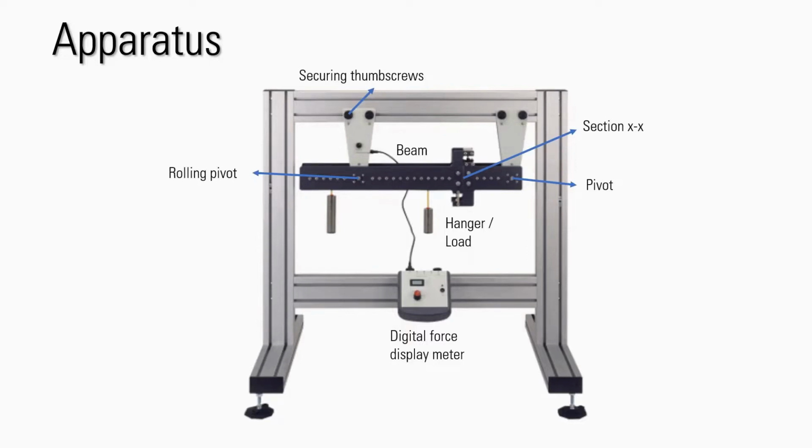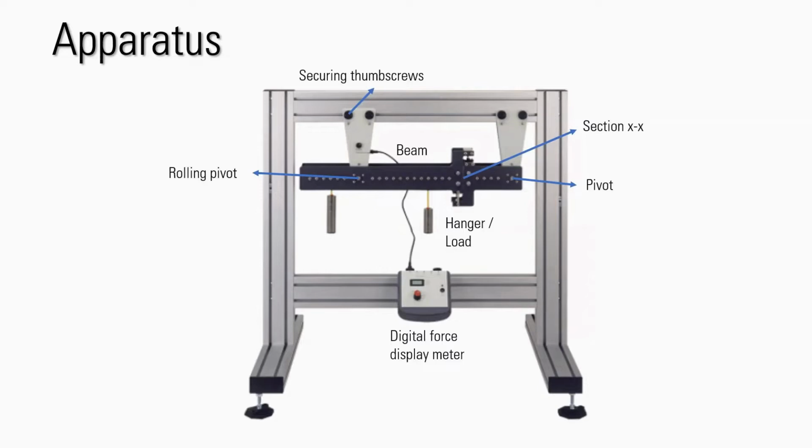like to explain about the apparatus that we are going to use in both experiments, where this diagram shows the apparatus and the components of it. And this one is called the rolling pivot. This one is also a pivot. And these two are the securing thumb screws. And this section we call section XX, where later we have to determine the shear force at the